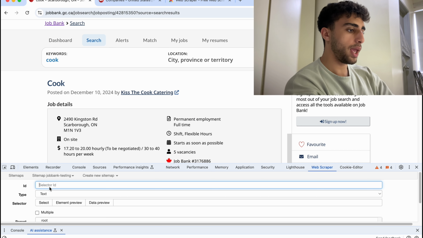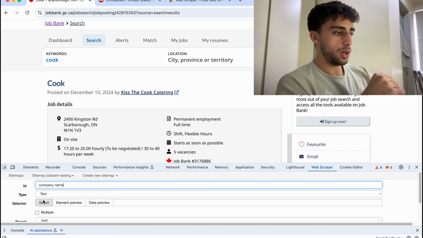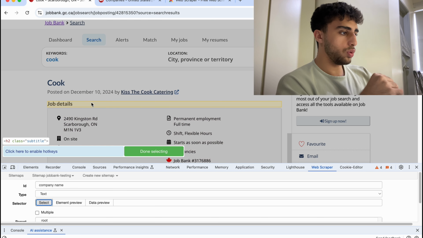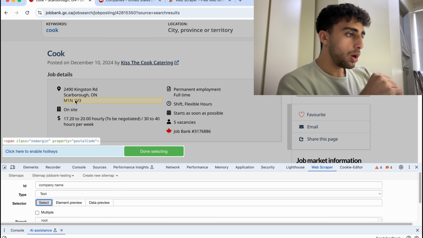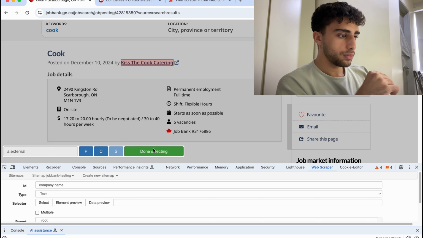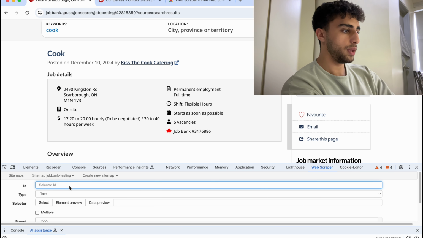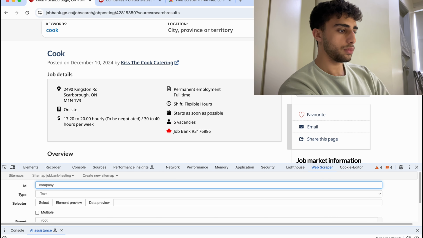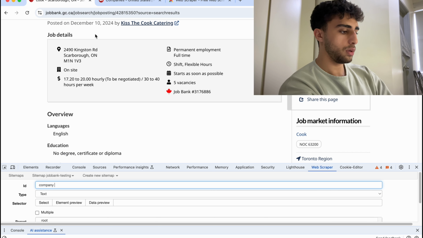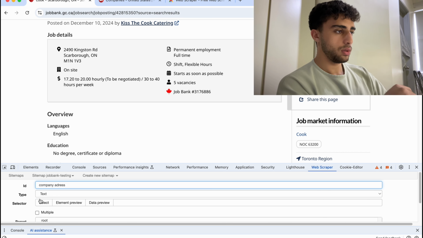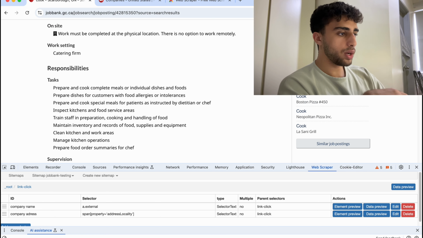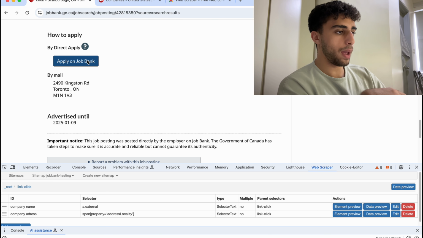The first one will be a name, so a company name. We'll do this. So this will be company name, save selector, add more data. So let's say company address, done, save. Now if we go down here, as you can see, if you press apply on Job Bank,